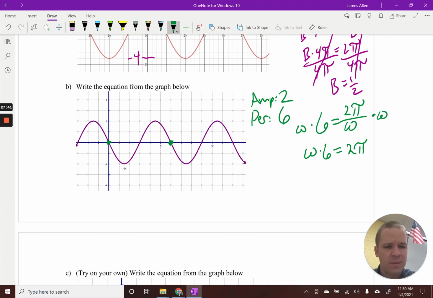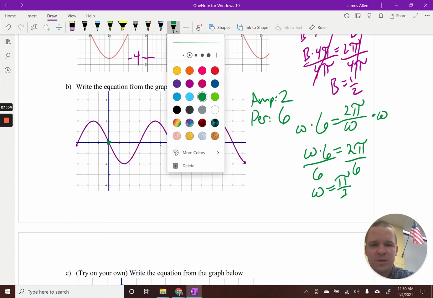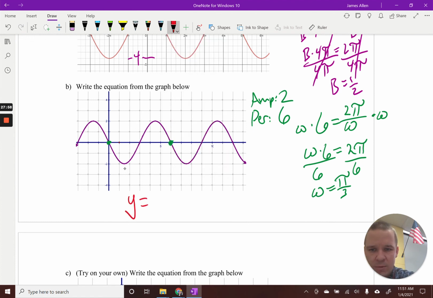Okay. So divide by 6. And I get omega equals pi divided by 3. So there's my period multiplier. I'm ready to write this one. Again, I'm going to switch colors. I'm going to go with red. So I've got y equals